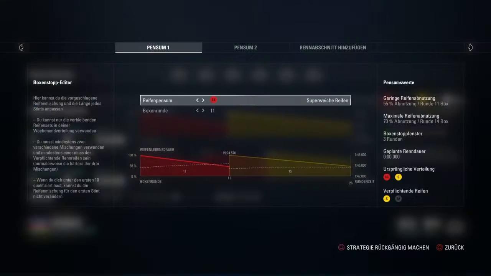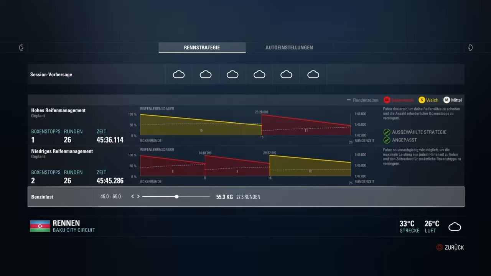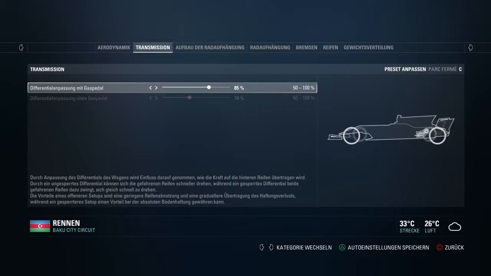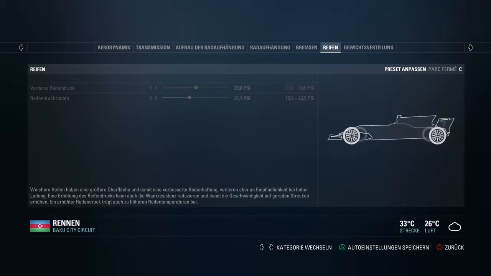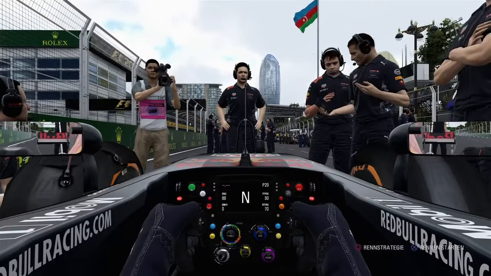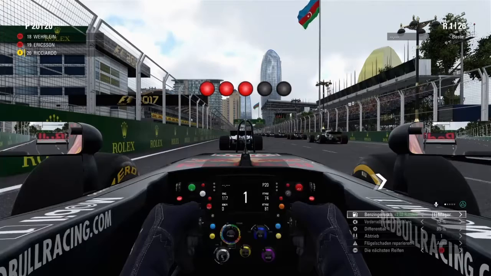And as always, we are starting from the back of the grid and trying the one stop, starting on the softs and finishing on the super softs, which should be the fastest strategy around here. And here you can see my setup, which I also used in the AOR race, so it should work quite well. And here we are now, 5 red lights,